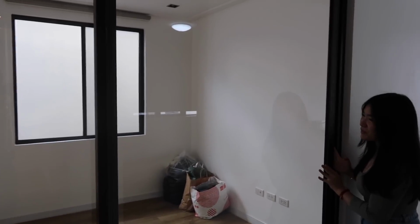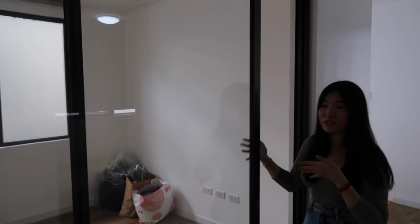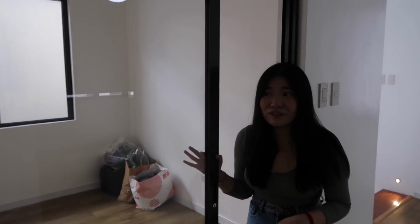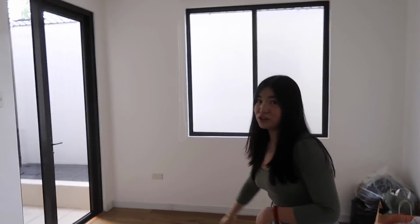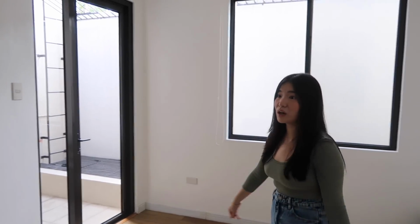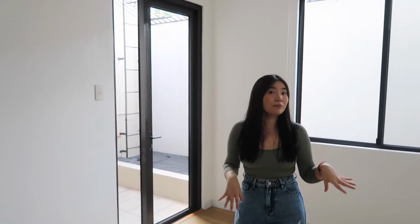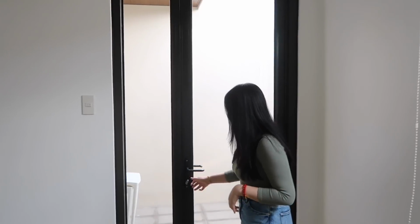So this last space, we have this one that's separate, right? It's nice because it has a separation. So, this one can be an office, or a recreational area. You can do so many things with this. It can even be a mini theater, right? Mini theater, you can also work out here. To be honest, we don't know yet what we'll do with this. We can take content, that's for sure. Or it can be an office, a work area, just to have a separation from our personal beds. And when we're feeling more productive, we have this space. And then lastly,